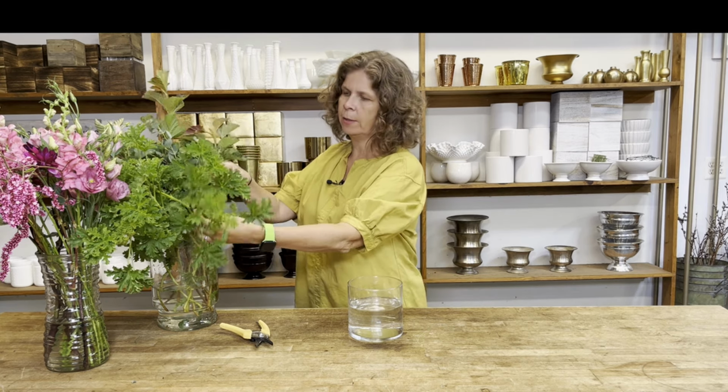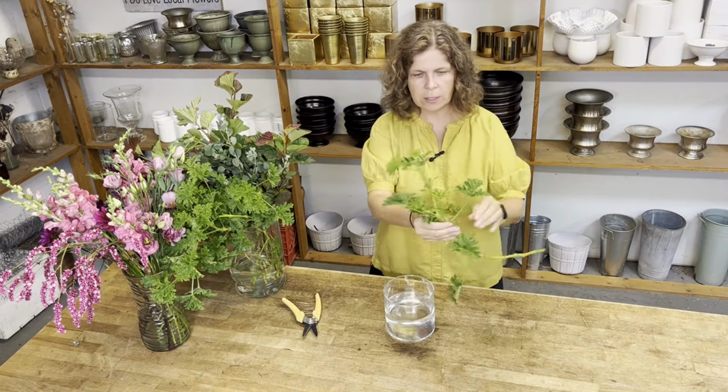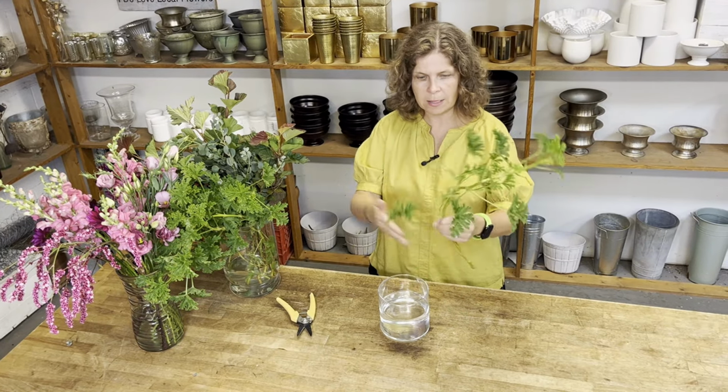Because I don't use a mechanic, I'm going to use foliage and flowers as my mechanic. So basically what I'm going to do is start my arrangement with foliage. And the foliage is really going to start to make an armature or a mechanic inside the vase to hold other flowers in place. So the first foliage I'm going to start with is scented geranium,